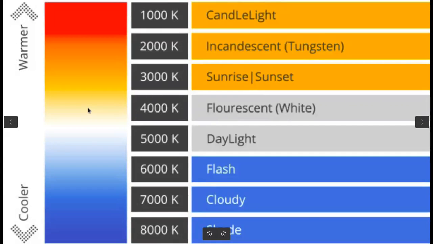So light will have a tint of yellow or red. Whereas whenever this color temperature increases, something like 5000, 6000, 7000 or 8000, the light color tends to be bluish or cyan.